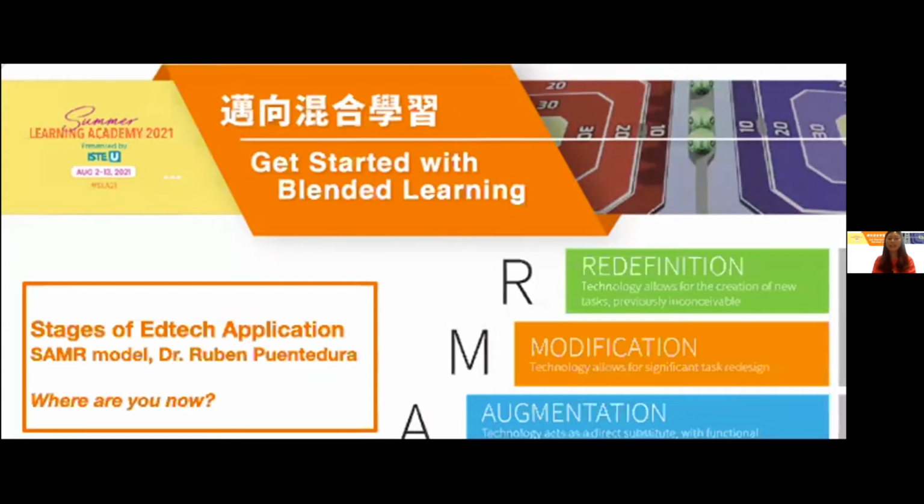Augmentation: technology acts as a substitute with functional improvement. Modification: technology allows for significant task redesign. Redefinition: technology allows for the creation of new tasks previously inconceivable.